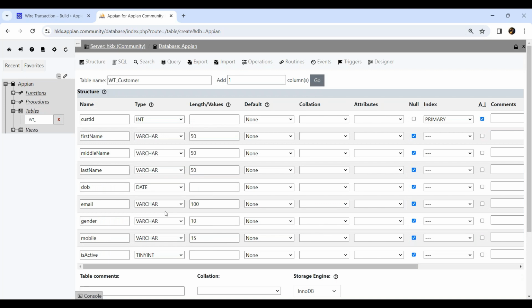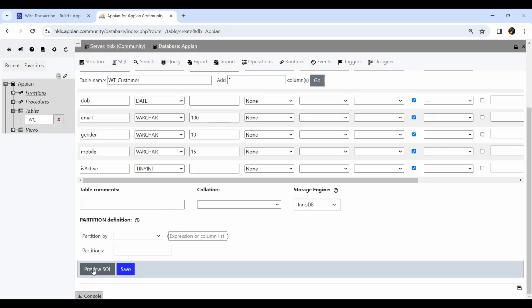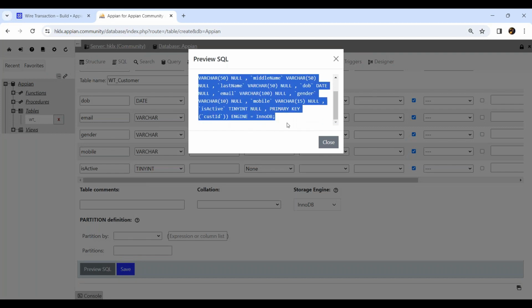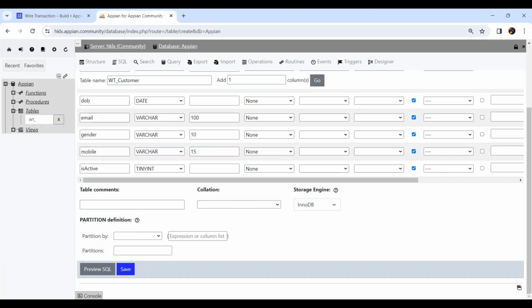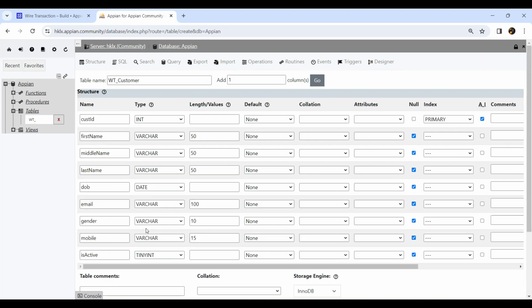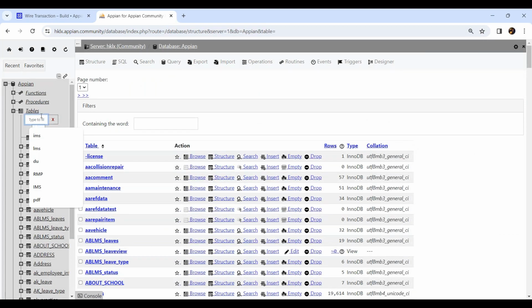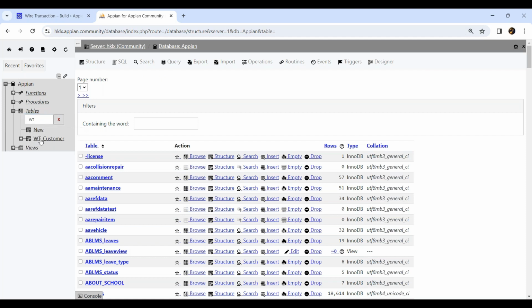If you would like to keep the script out of it, you can simply click on preview SQL. Once you click on preview SQL, it will generate the SQL file for you. You can copy this and save it in other places, so you can use it later during deployment. It will generate a script for you. Then I click on save. Once we click on save, you will see that one table is created, WT customers. So if I select this table,